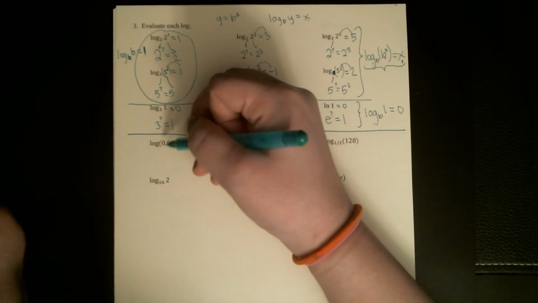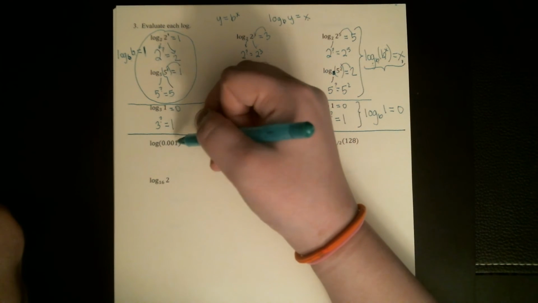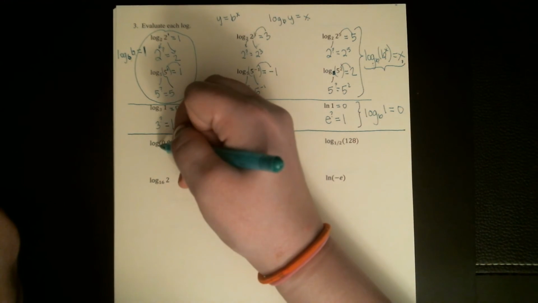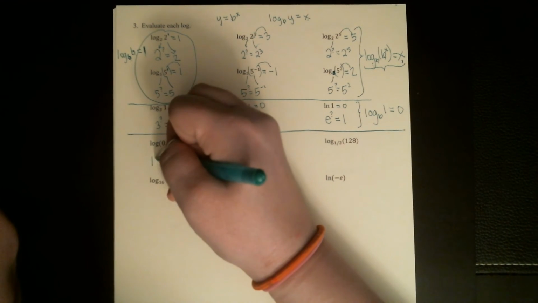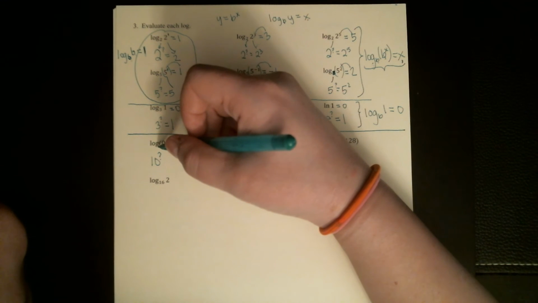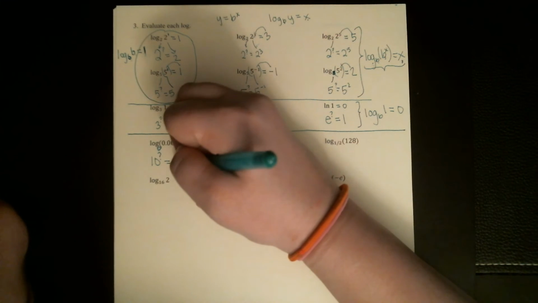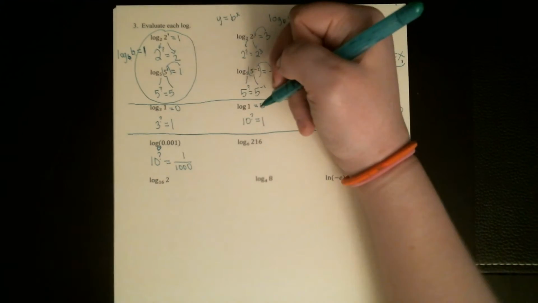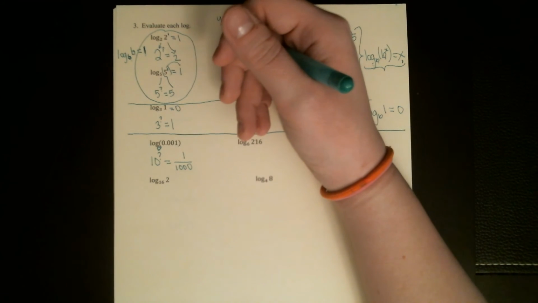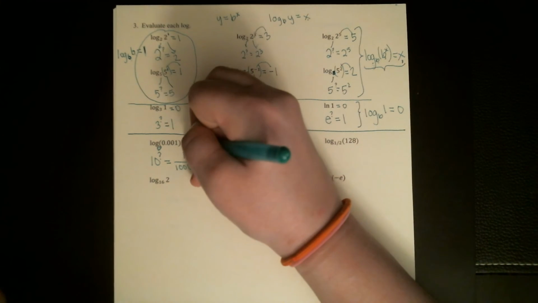Okay, so the log of 0.001, so that's 1,000th, and I actually think it's really helpful to think of it that way. Since this is a log that doesn't have a base, we should be asking ourselves what power of 10. So the question this log is asking is, what power do I apply to this invisible 10 to get 1/1000th? And you can just write it 0.001, but personally I kind of like thinking about it as 1/1000th, because I know that 10 cubed is 1,000, which means if I want to get 1/1000, I have to raise 10